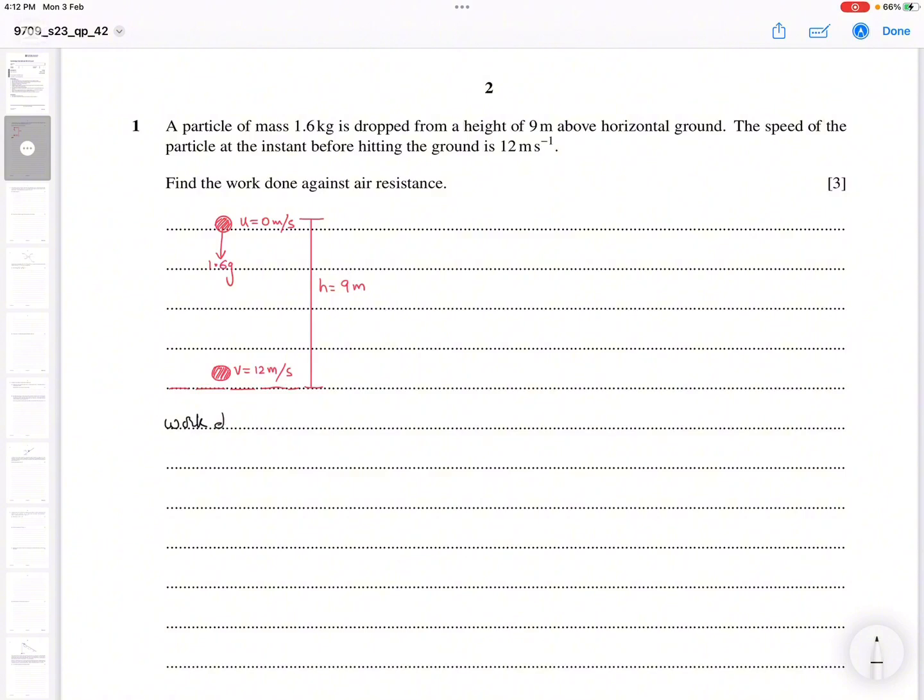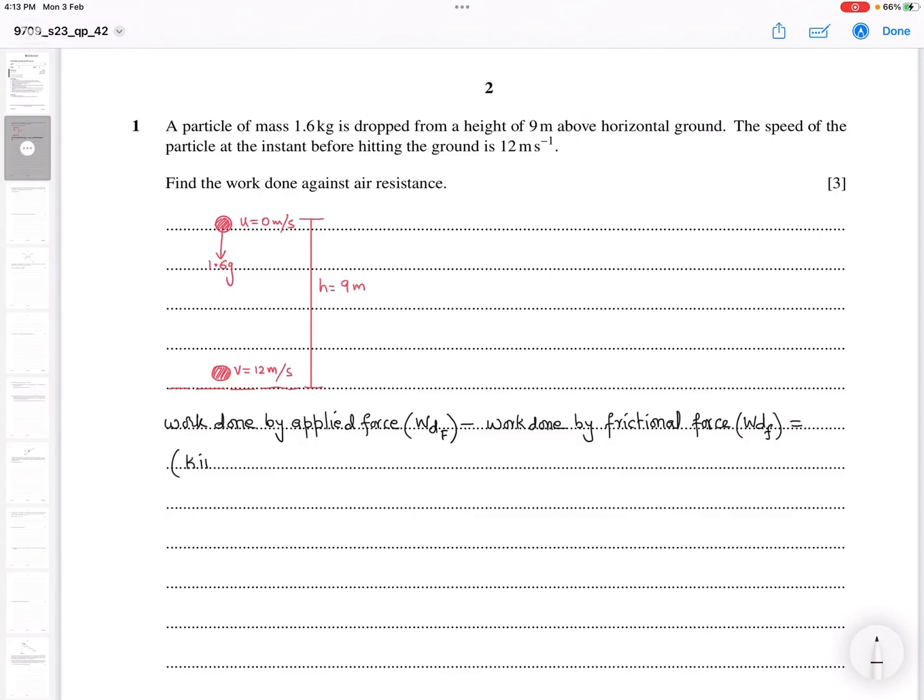Work done by applied force, which we can name as WDF, work done by applied force, minus work done by frictional force, and we can name it as WD, work done by frictional force, and write it as F, and that is created by the air resistance, and that would be equals to